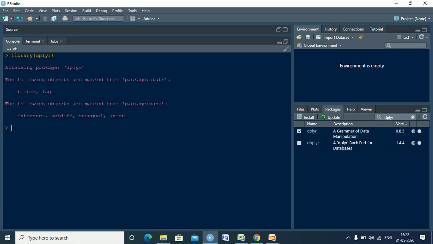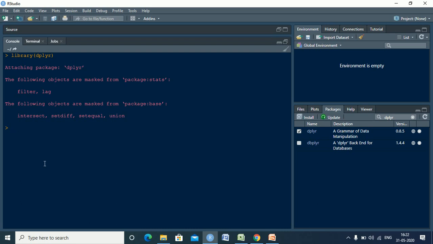Your R console then attaches that particular package, which means all the objects and functions under dplyr can now be used for any kind of data manipulation. So either you click on the checkbox, or you call the library function. From the library, you're calling this dplyr package, and it shows that you're going to use it in your further data manipulation techniques.